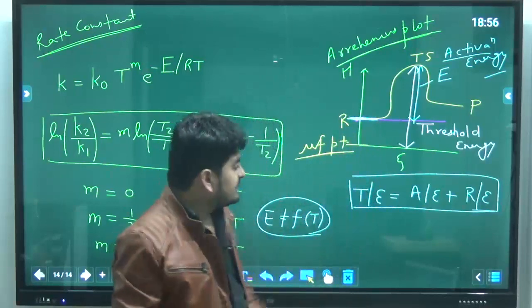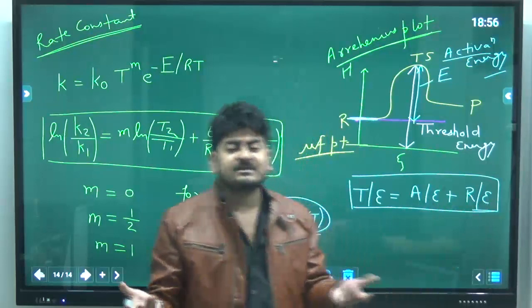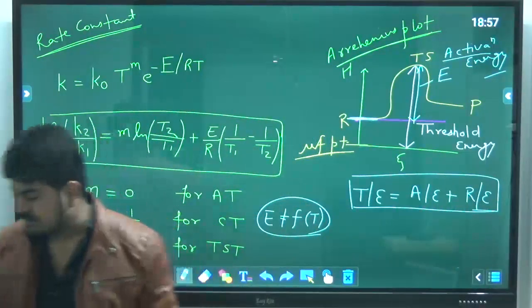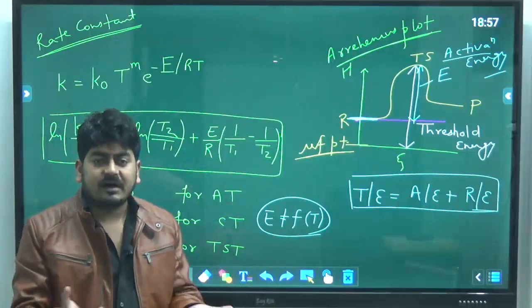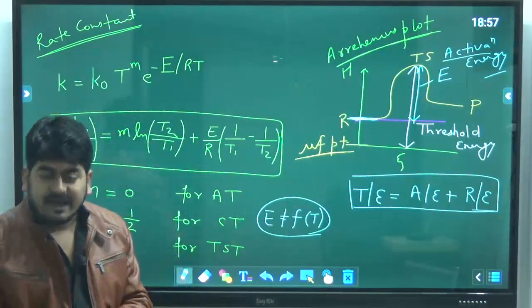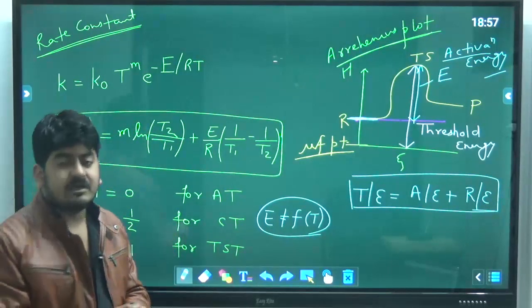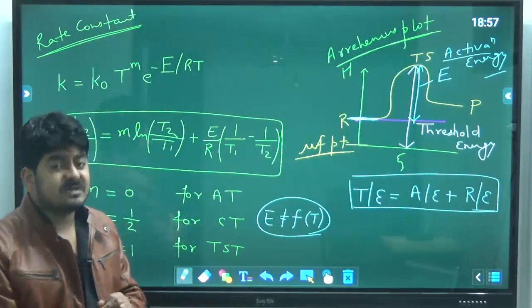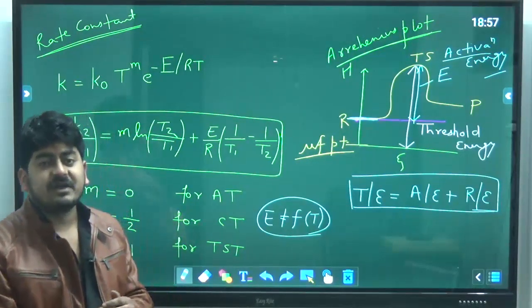Okay, you can't say reactant energy is 0, because if reactant energy is 0, it means the molecule is at absolute 0 temperature. That is not possible, because we know that it is not possible to attain absolute 0 temperature, at least in practical life we haven't. And the second law of thermodynamics also suggests that theoretically as well, it is quite difficult to achieve the